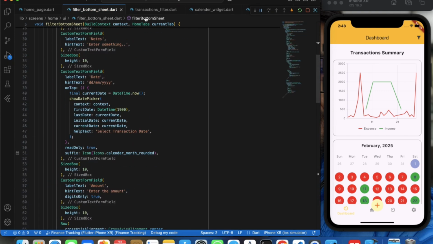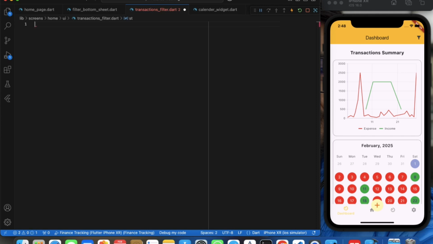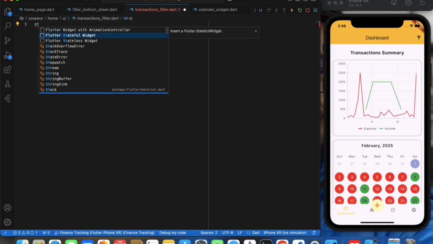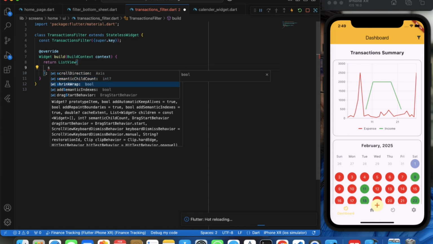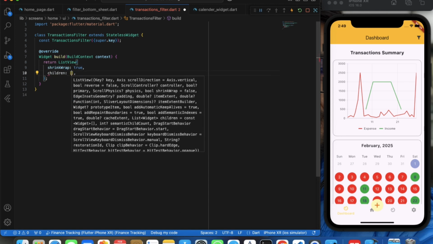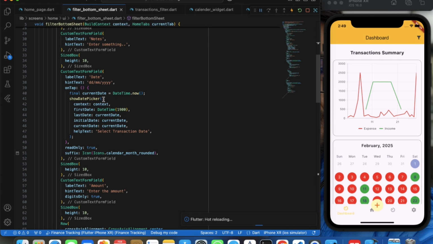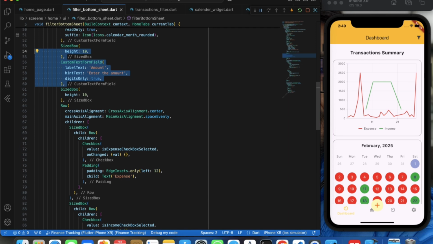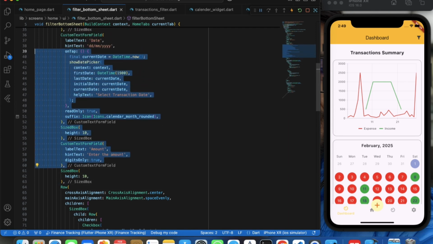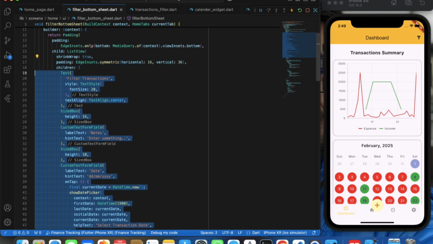Wait, let me just firstly create a stateless widget, TransactionFilter, and add here a ListView, shrinkWrap true, and we have children here, and I'll just cut,